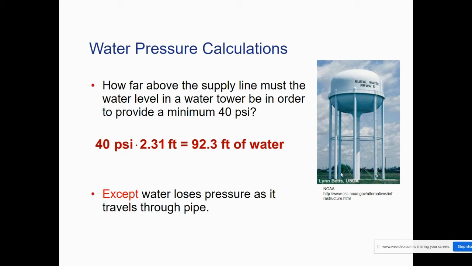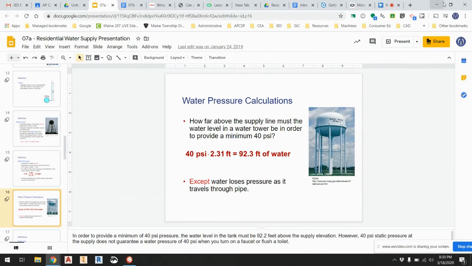But for most of us, we don't live directly right next to a water tower. We live up to miles away. And so as water travels through the pipes from this water tower to your house, you actually lose pressure in the pipes. And so that gets us to our next section of notes,